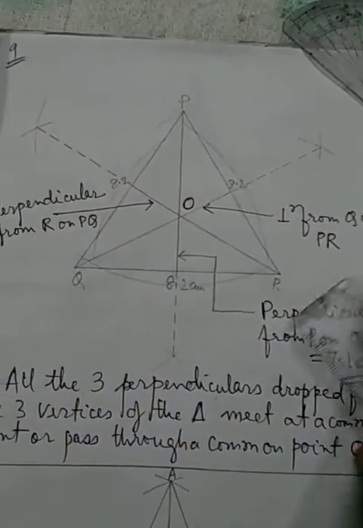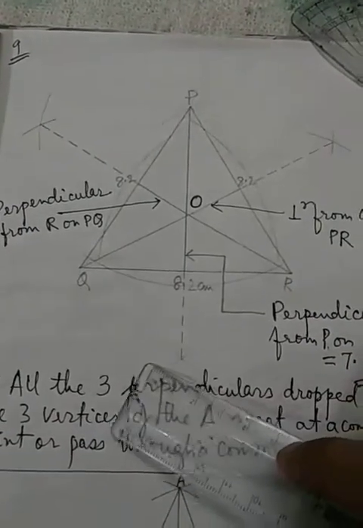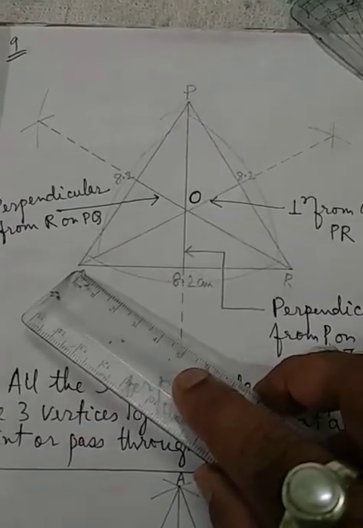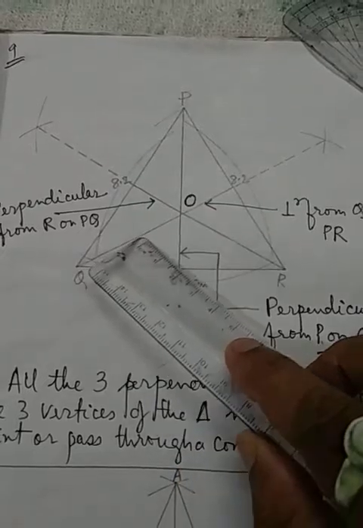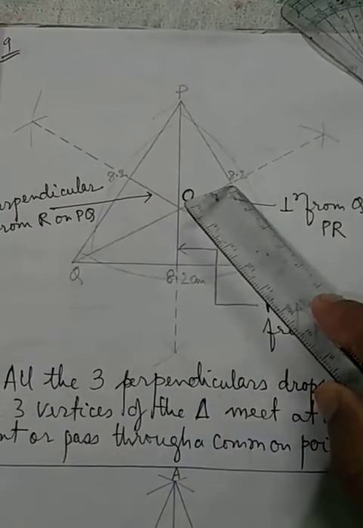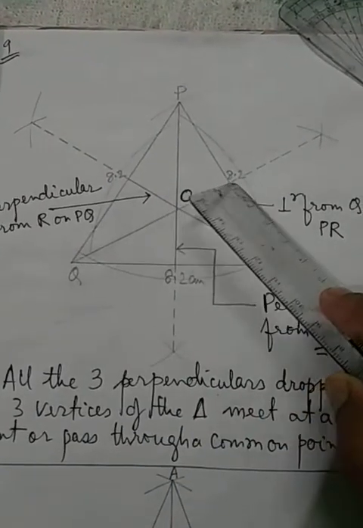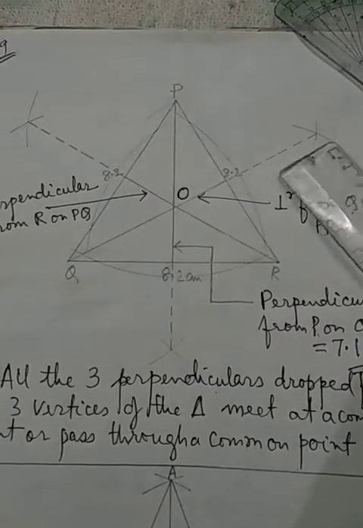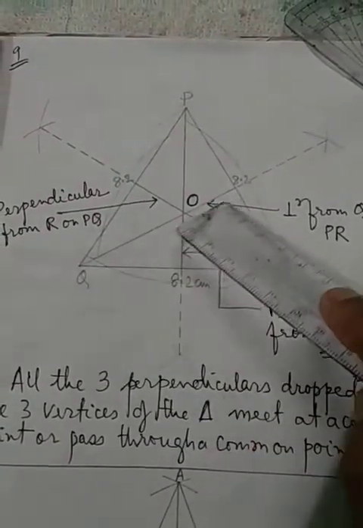Join, and again the same way when you measure the length here, since the triangle is equilateral, all the perpendiculars will measure the same length. So from here to here, that's a straight line. That's the extra part I have taken as a dotted line. So measurement will be from here to here only.